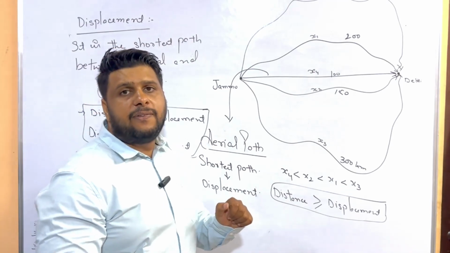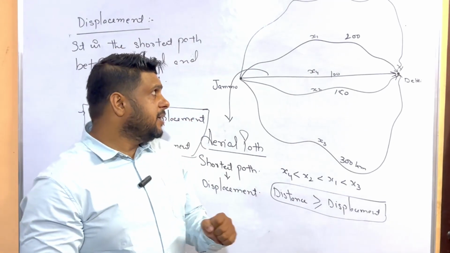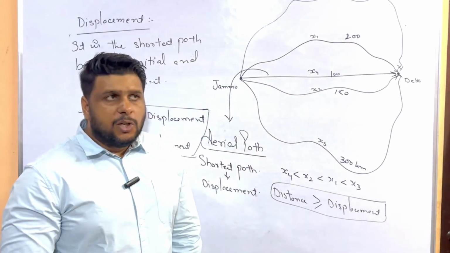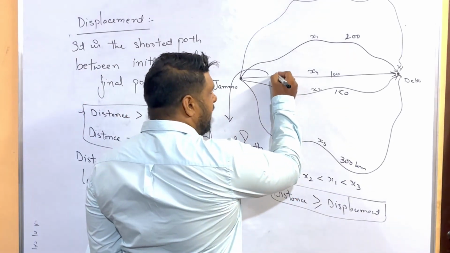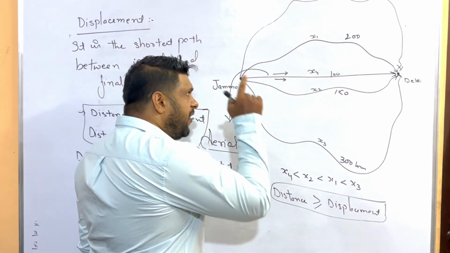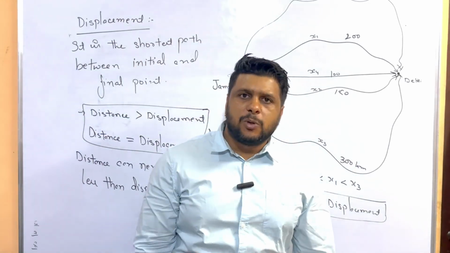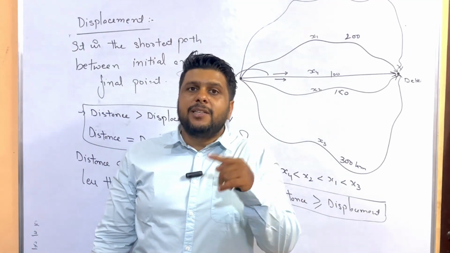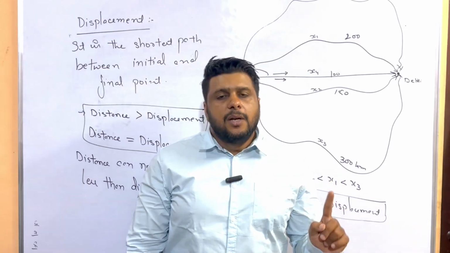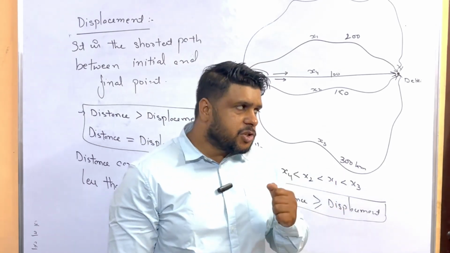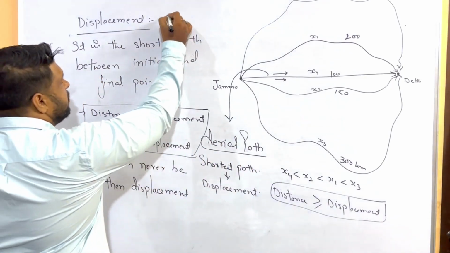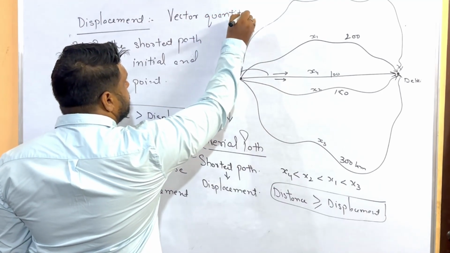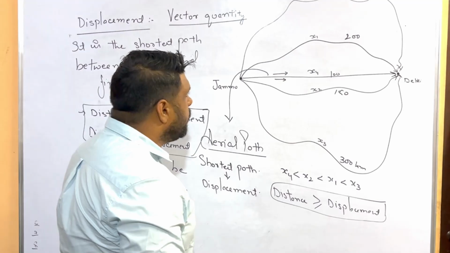Another thing you must understand here is that if I want to find the displacement, then I have to travel on this path only. I cannot take any other path. So this path is fixed. Here I have to travel in this direction only. If I am traveling in this direction only, then only I am going to reach my destination, and it will give us displacement. So it is dependent upon the direction. Can we say that or not? So from here we can say that displacement is a vector quantity. I hope it is clear to you guys that it is a vector quantity.